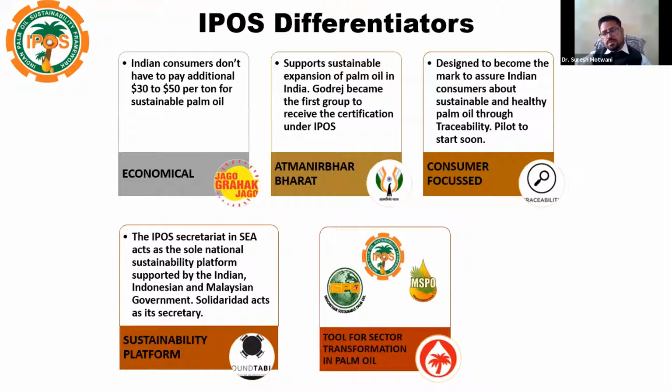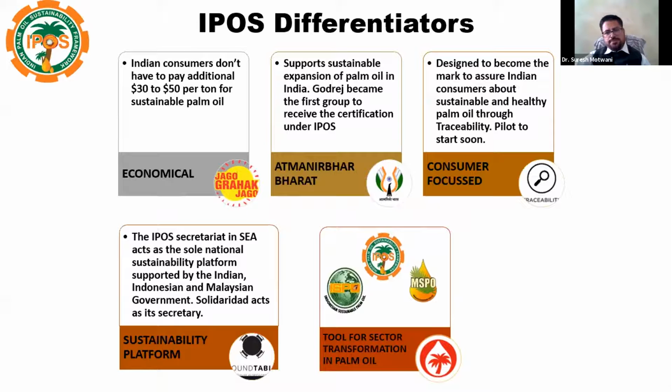This is one of the major issues in terms of the premium requirement. When we talk about additional sustainability or certification, some premium was expected by the different agencies also. In this case, if we have a national framework like IPOS, it can be economical, and it fulfills our need: the sustainability criteria we have to follow in palm oil plantations in India, even in other edible crops. IPOS already has different platforms available in India, along with the ACA and other business